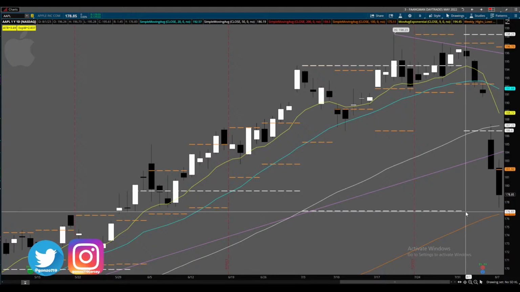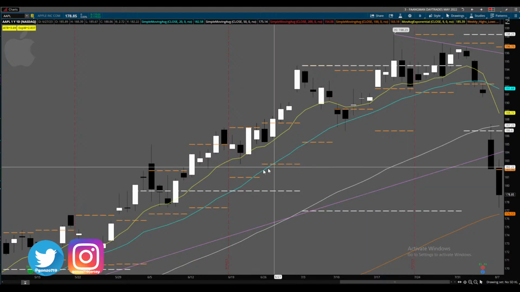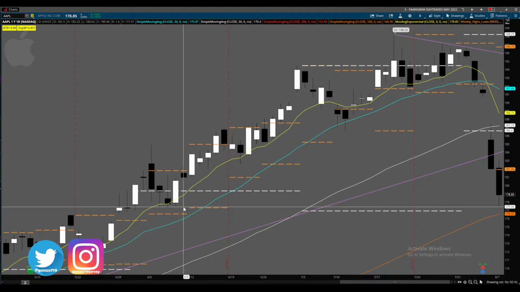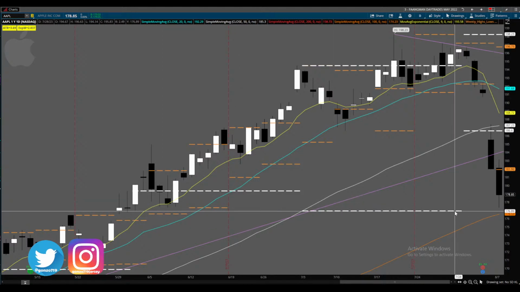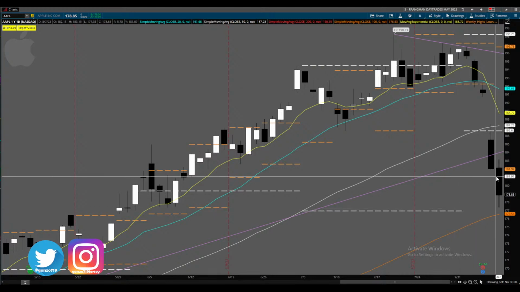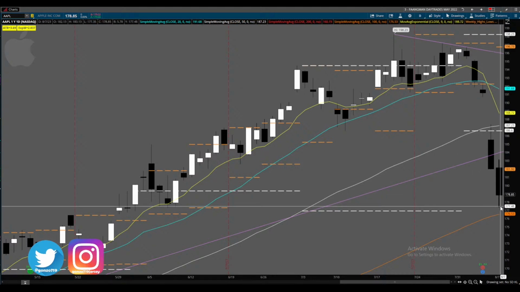I just want to keep this in perspective for everybody. Look at the support around this level: the 100-day moving average, also June's lows. Now, you could think this could be a buying opportunity for some people waiting for a pullback. Think about that. Apple's at almost its 100-day moving average. The Qs have not even hit the 50-day moving average. So that's how much Apple has fallen. I expect consolidation here. That's something you have to look at.